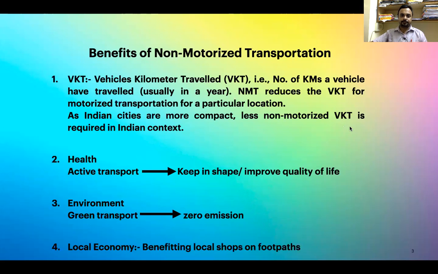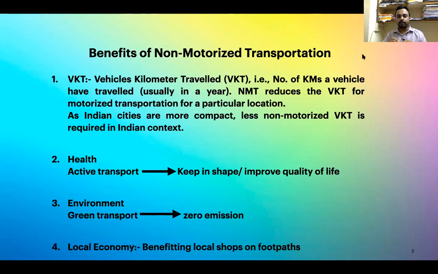Now moving forward, the certain benefits of non-motorized transportation. See, when we say VKT, it is the vehicle kilometer travel. If we count all the vehicles and all the distances traveled by these vehicles, okay, if suppose you have one car and that car has traveled 10,000 kilometer in a particular 1 year, another car traveled 7,000 kilometer, one bus it traveled 1 lakh kilometer in 1 year. So if you add up all these distances, then you will find out the total number of vehicle kilometer travel